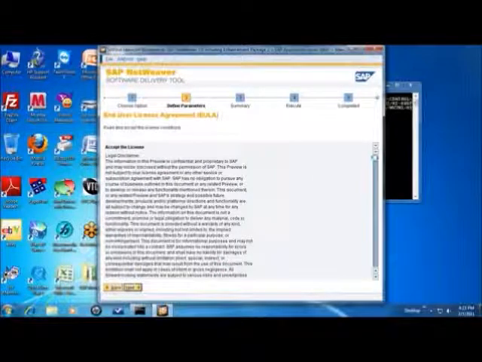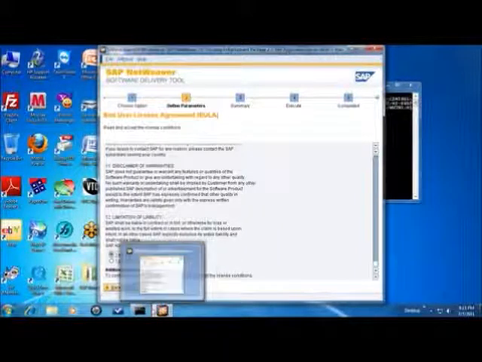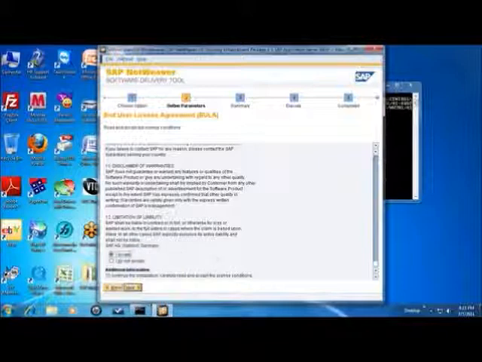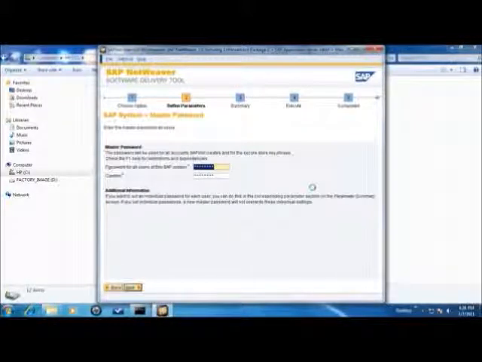When you log back again, scroll all the way on the agreement page and accept the user agreement and click on Next. On the Java Runtime Environment page, locate the directory where Java is installed. Click on Next.